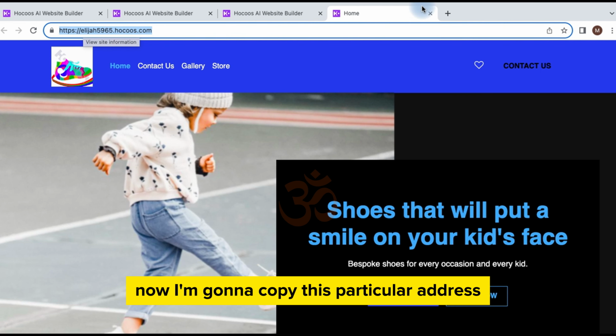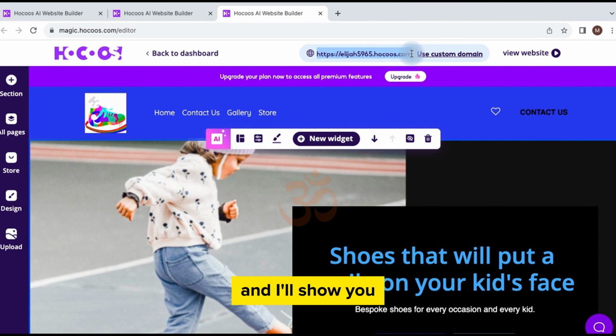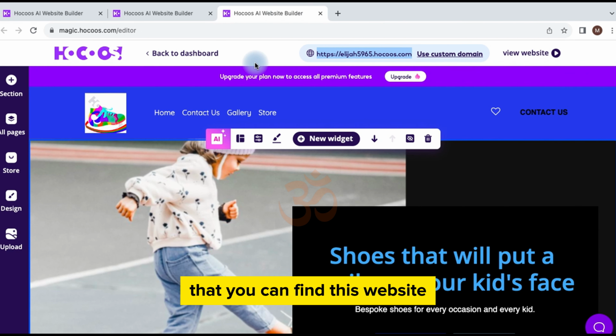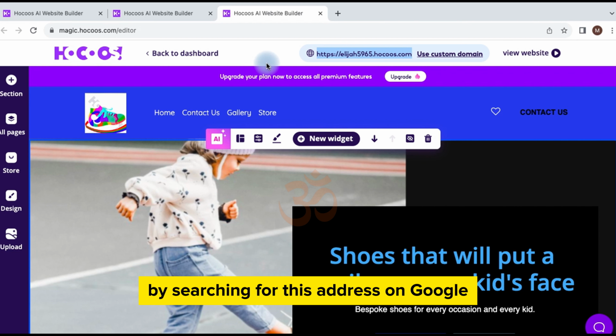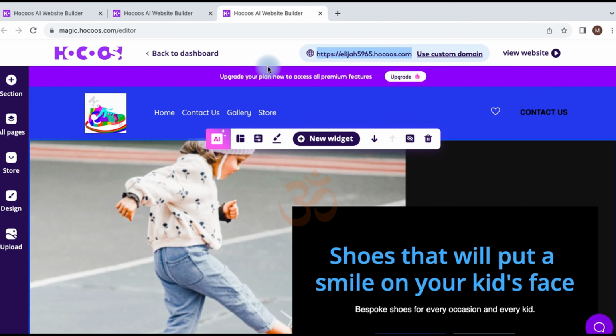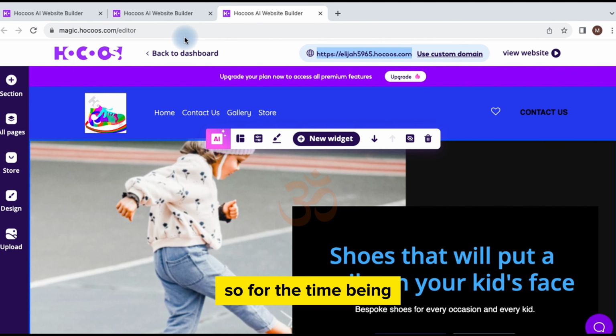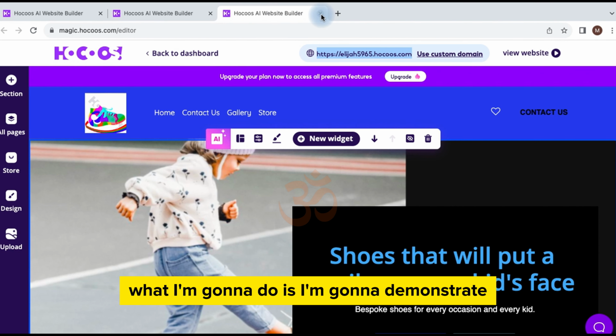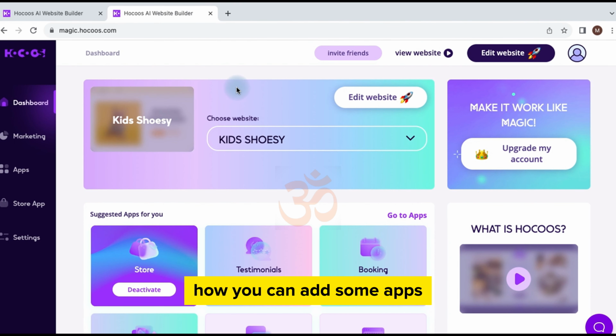Now I'm going to copy this particular address, and I'll show you at the end of the video that you can find this website by searching for this address on Google. So for the time being, what I'm going to do is demonstrate how you can add some